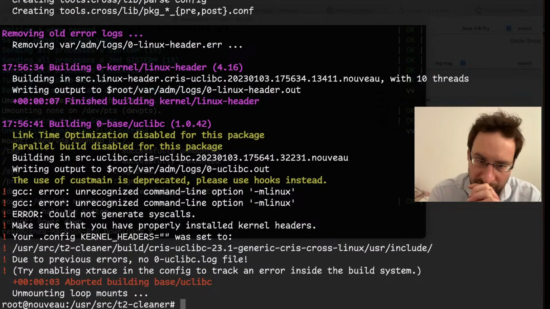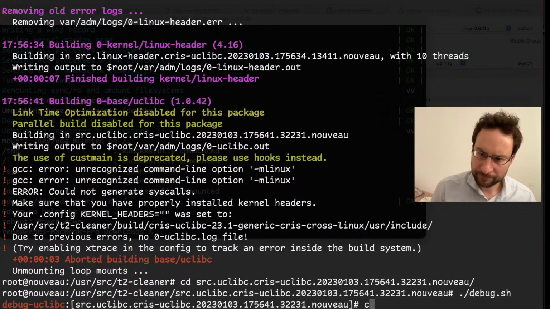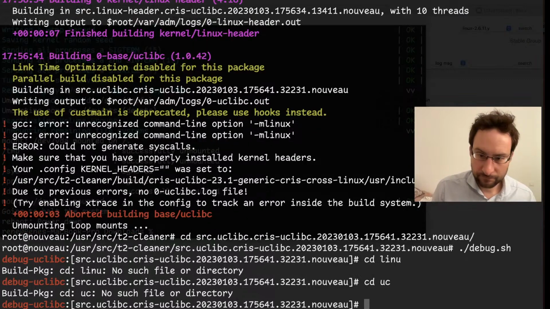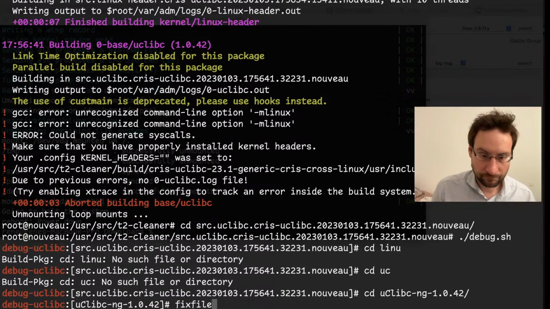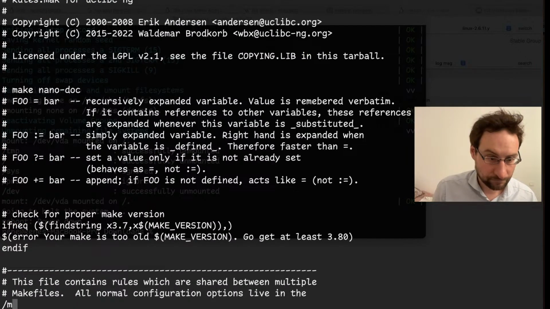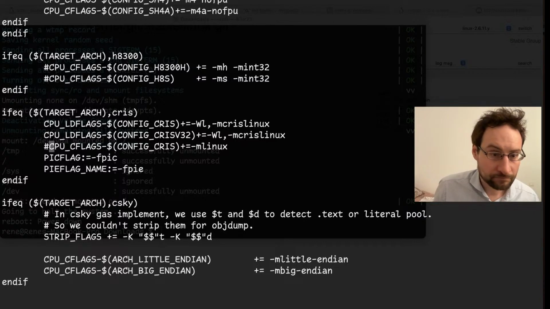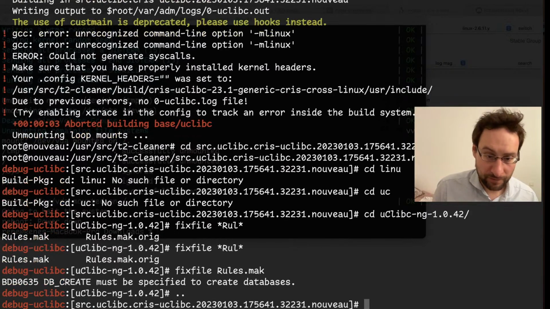Okay, that Linux header is extracted via uClibc. Same thing as we just patched for Renesas. Might be enough.